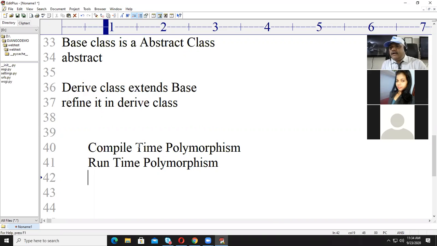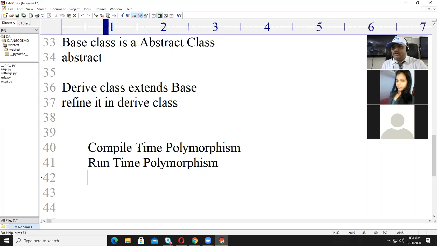But in the case of runtime, meaning dynamically, overriding is an example of runtime polymorphism, or operator overloading, because in compile time only the syntax will be checked. Are you agreeing with me? It will compile that code for the syntax, and after compilation it executes. In compile time polymorphism, method overloading and constructor overloading, it will check the syntax of everything. But overriding, basically at runtime, will establish the relationship between the base and derived class.